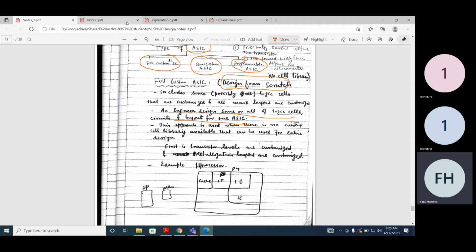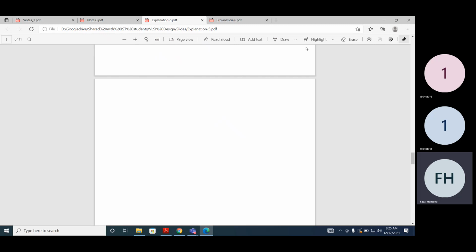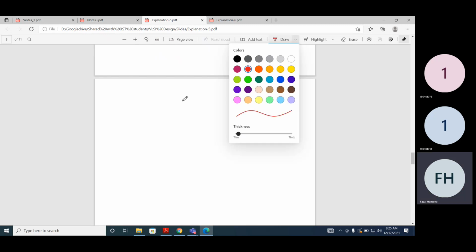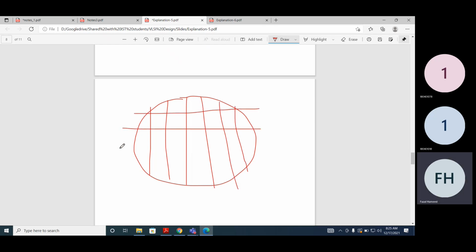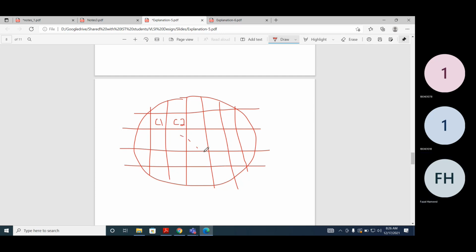Now let's assume that we have a wafer. We already studied the wafer. Let's assume this is our wafer, and these are different chips on the wafer. Let's assume this is chip 1, this is chip 2, and this is chip 50.